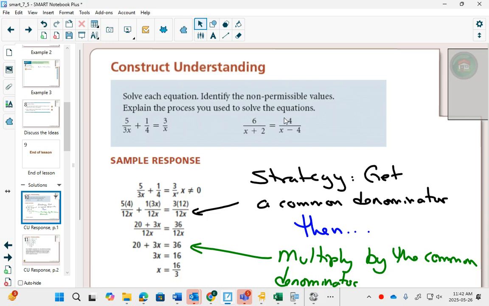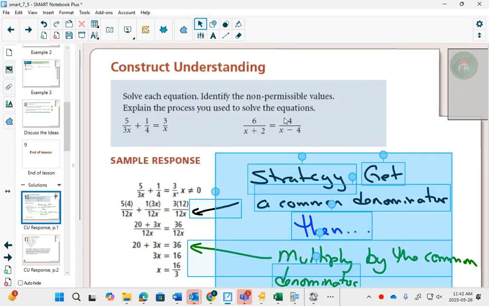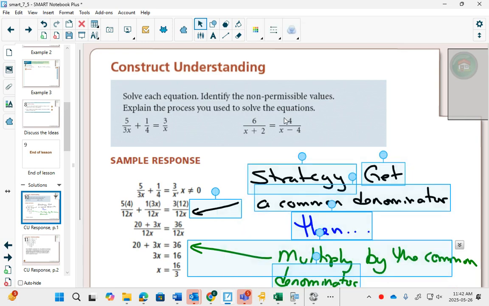So first, if we get a common denominator, then our rational equation still has fractions, but then if you multiplied everything by 12x, the 12x on the bottom would just go away. And it turns it into a much easier question to solve. That'll be our main strategy in this section where we're solving quadratic equations. I'm going to highlight this, copy it,